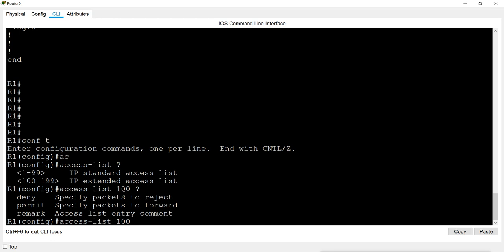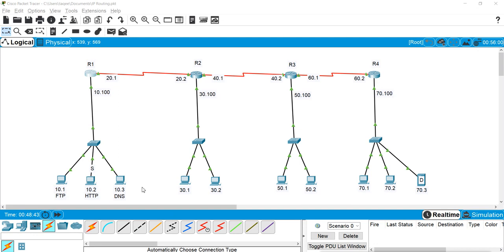So basically first I will apply all the deny entries, and then I will give all the allow entries. First I want to deny these three hosts, then I want to allow others. So first I will give the deny entries, and then I will give allow entries.